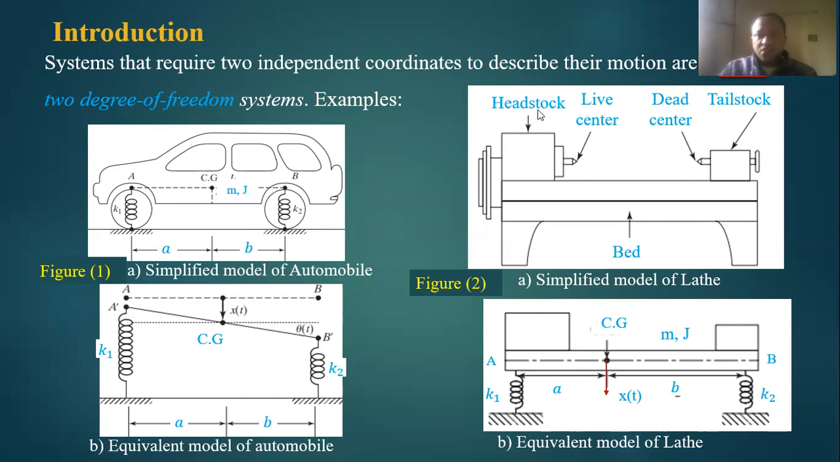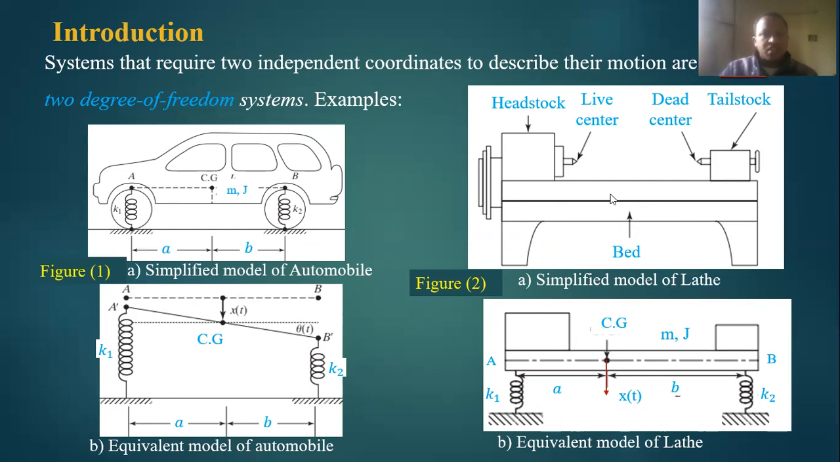Okay, let's consider the lathe machine. A simplified diagram of the lathe machine is this. It shows the headstock, tailstock, live center, dead center. So the workpiece will be placed in between here, and the cutter and the carriage are also sliding over this bed. So the bed is the structure. So this is a simple